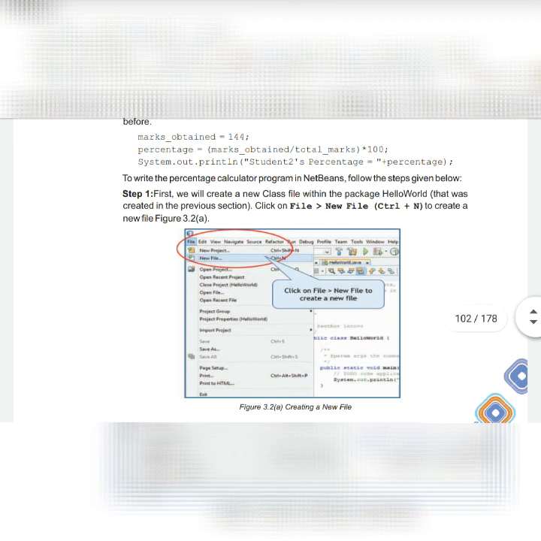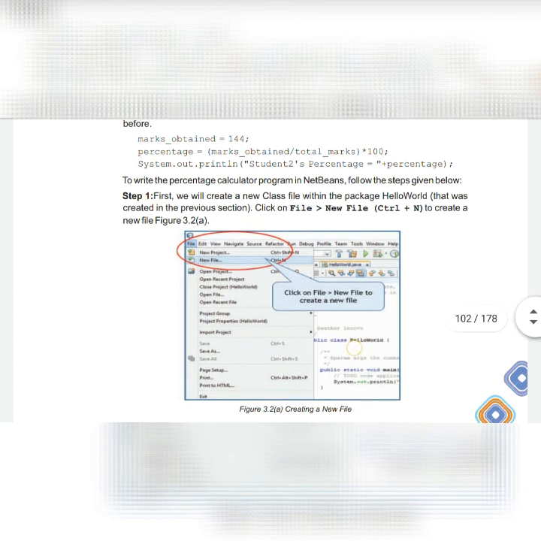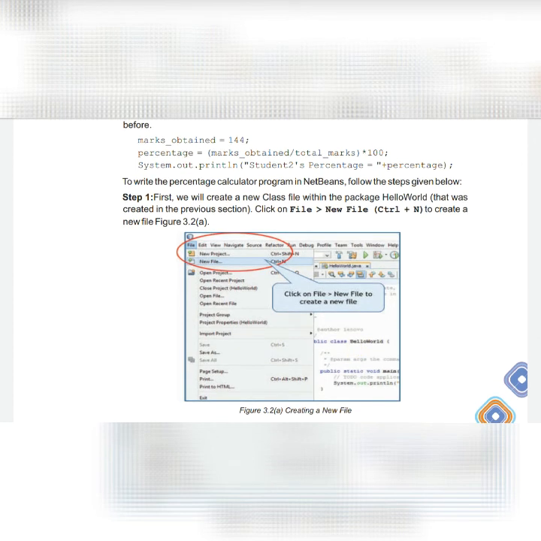Here you can see how we will write this program. Earlier we wrote the program by creating the HelloWorld file. Now I have to write the program within this project only, so for this I'll create a new file.